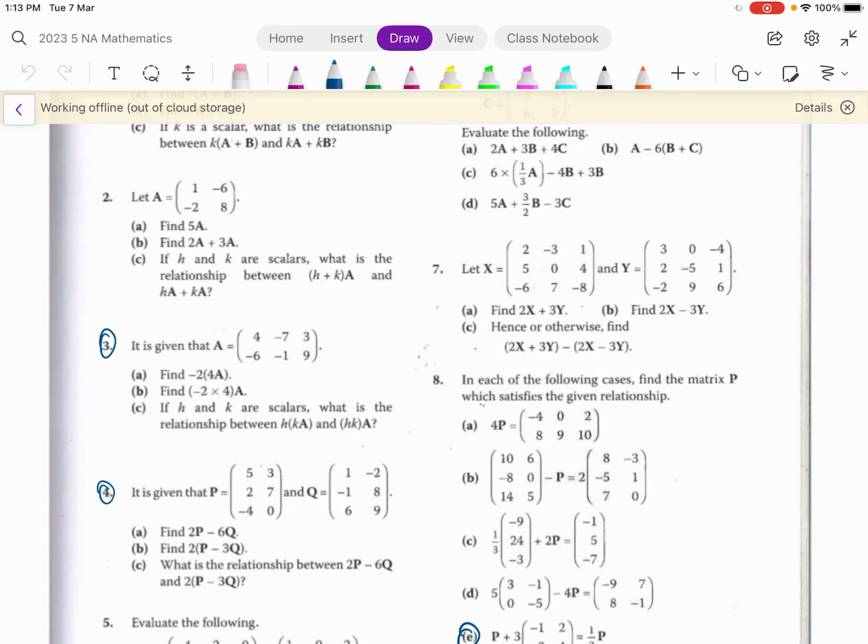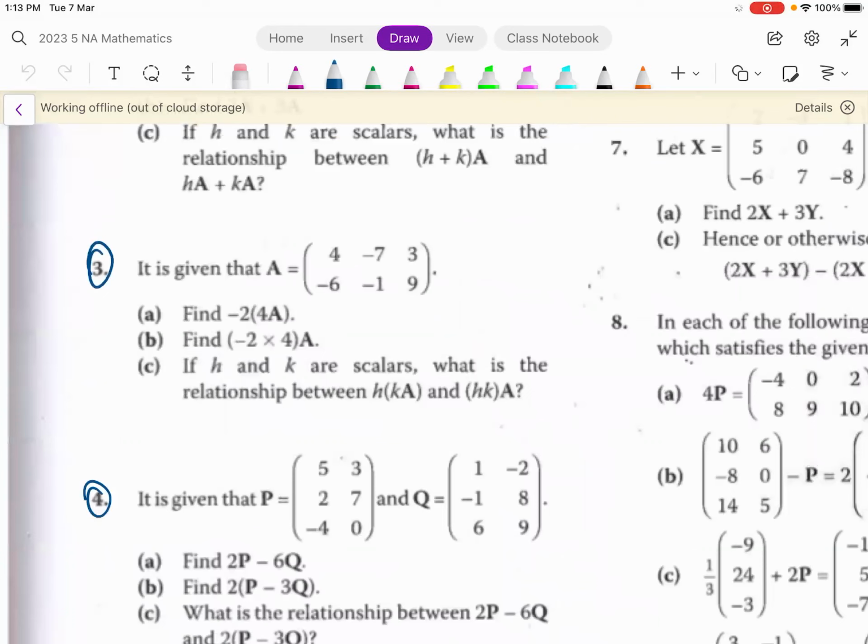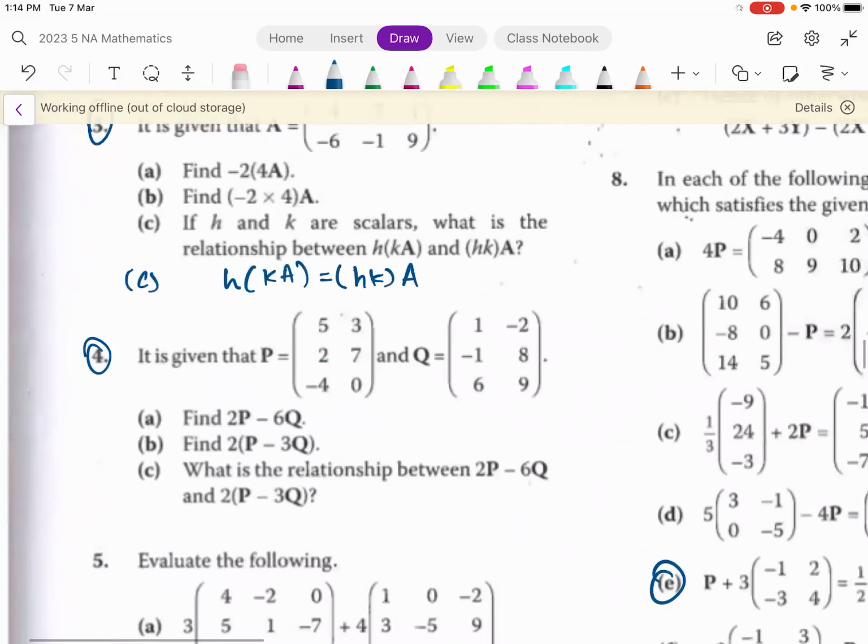So it turns out they are the same. So for part C, h and then k times A is actually the same as h times k, then multiplied by A. Okay, you should have a relationship. And then question 4, turns out that these two are the same also. So you can apply your